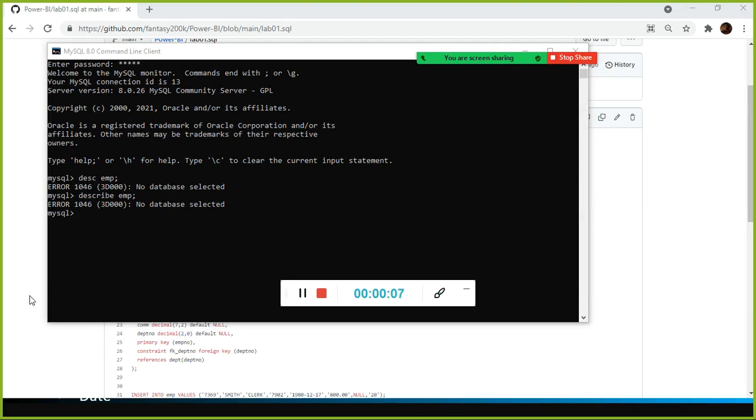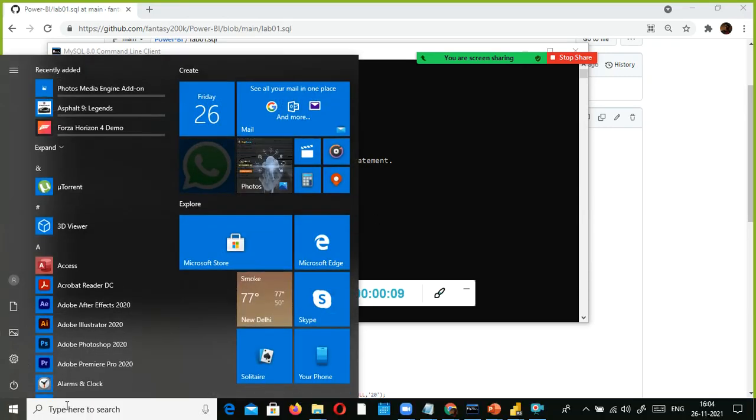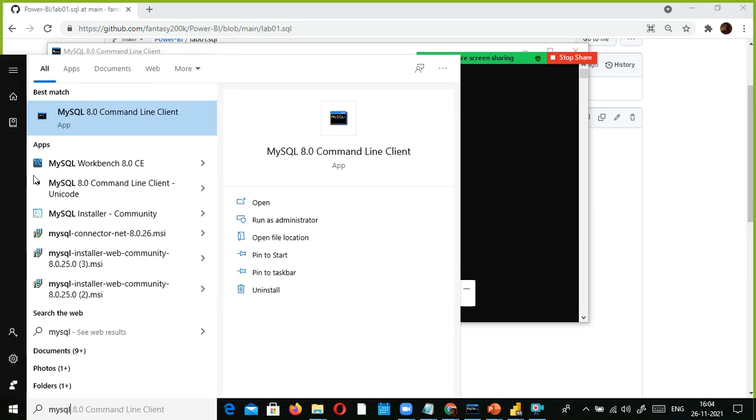You can use the GUI like MySQL Workbench, which is also available, using which you can run and execute your query. You can use MySQL also, but it is better to start using the command line prompt. Most developers prefer Workbench, because with the GUI they don't have to type the commands.